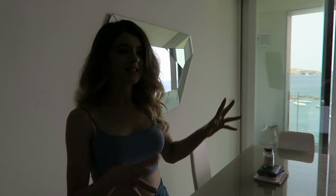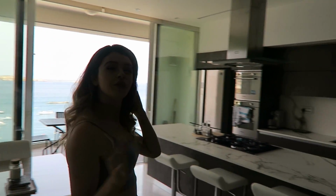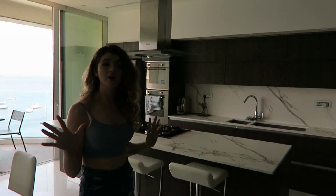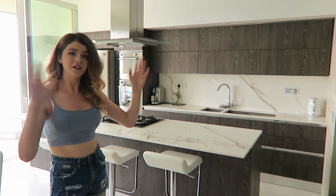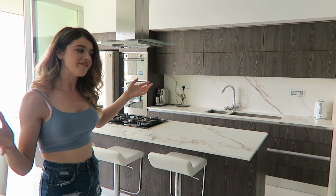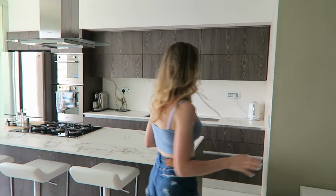By the way, this apartment isn't done in terms of decoration. We moved here maybe 5 days ago, so we've kind of shoved everything in. Not everything is super organized and perfect, but you guys will understand that. That's what happens when you move. Anyway, then